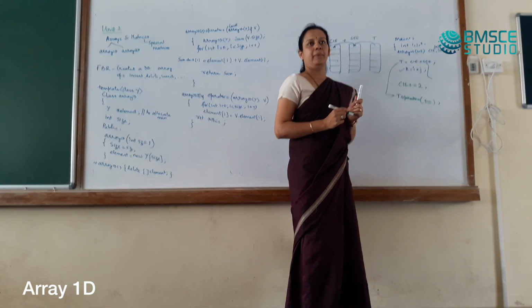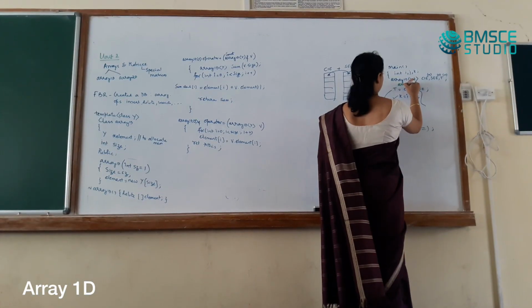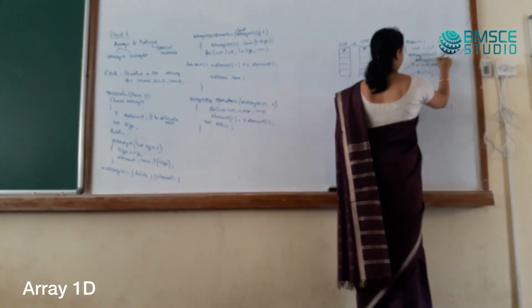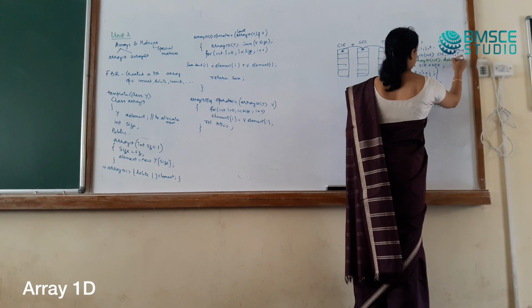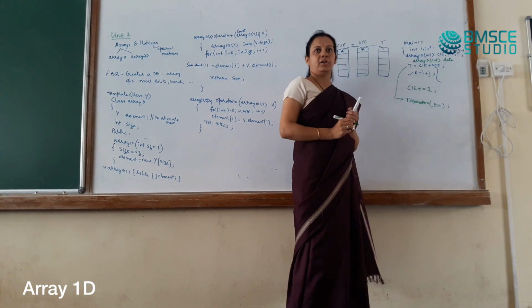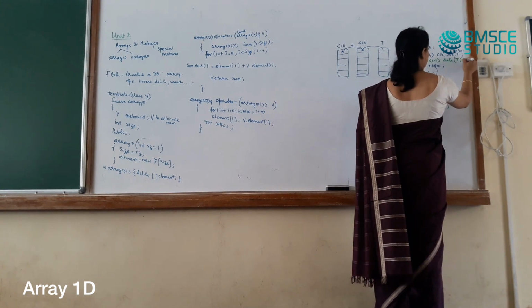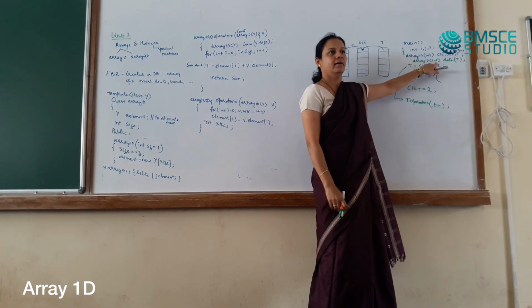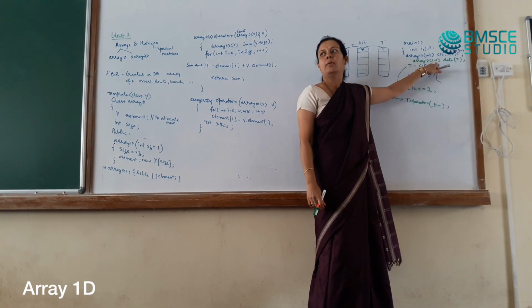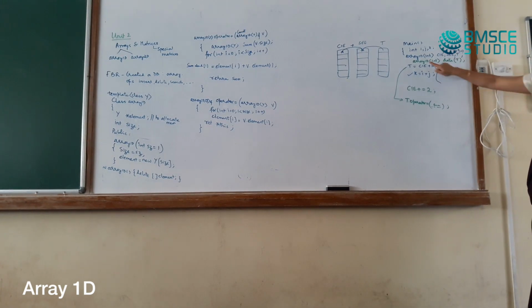T equal to CIE plus SEE. What if I want to create an array 1D int object called data that is the same as T? The way in which I have written this line is to mean that I want a copy constructor. Why a constructor? Because I am declaring a new object, array 1D int.